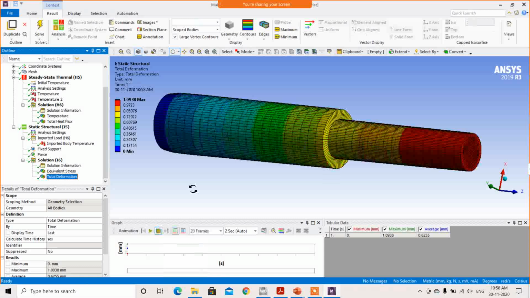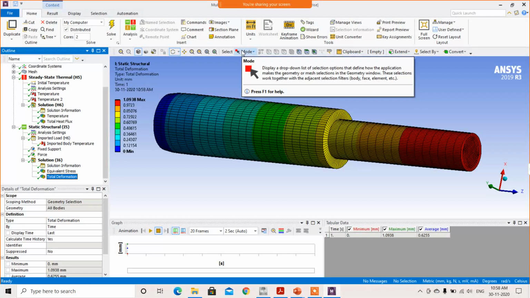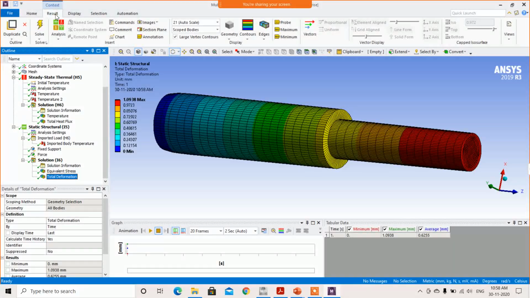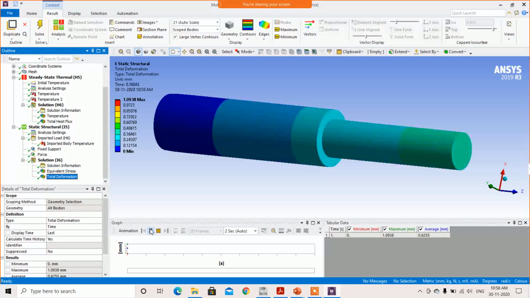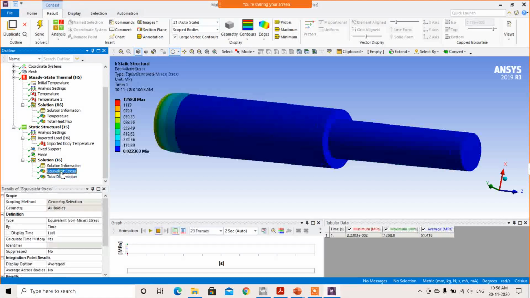Okay, we can remove that meshing also, and go to the home. Yes, here it is, edge, no wire. Yes, this is the result. You can check this one. This is the deformation, and check the stress.